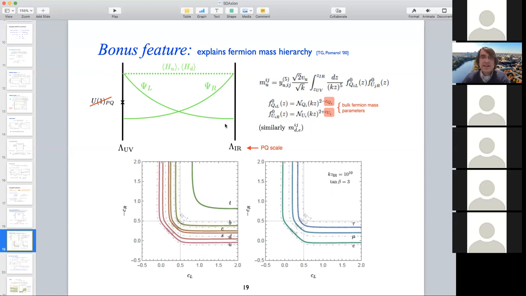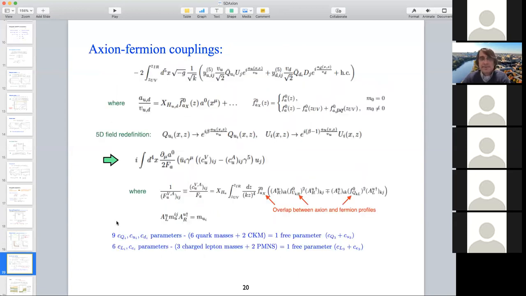So let me not say any more here. The only difference is that I'm putting these fermion overlaps in this model, which solves the Axion quality problem. These are just some equations to show you how you generate the Axion-fermion couplings. Let me not go into the detail here,